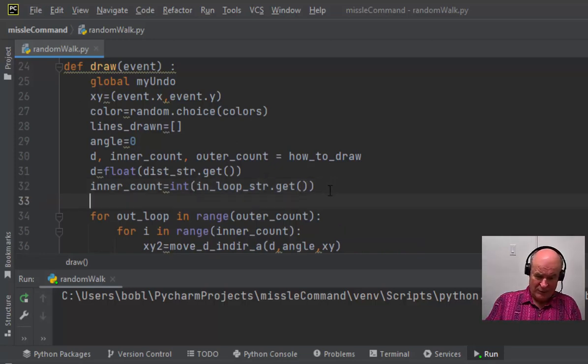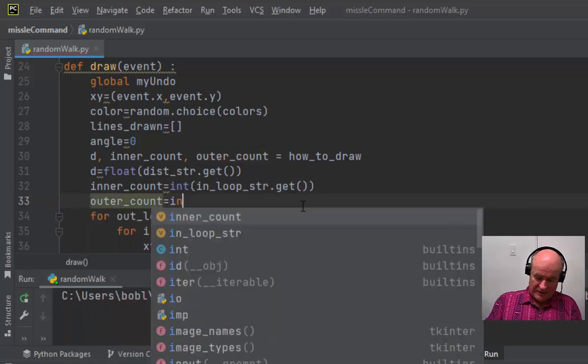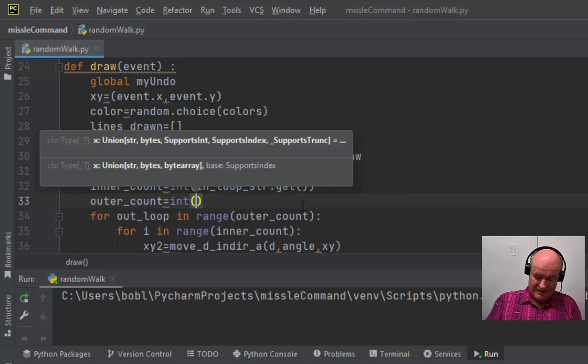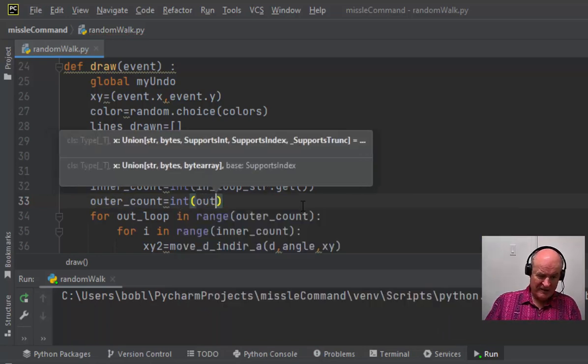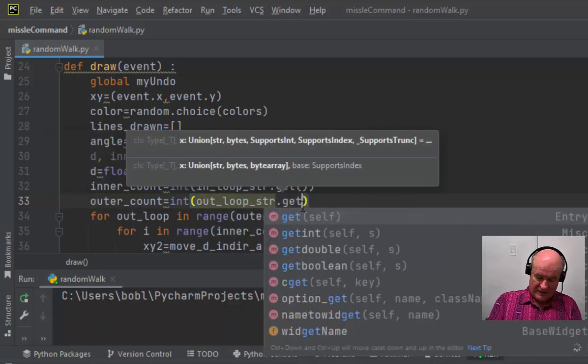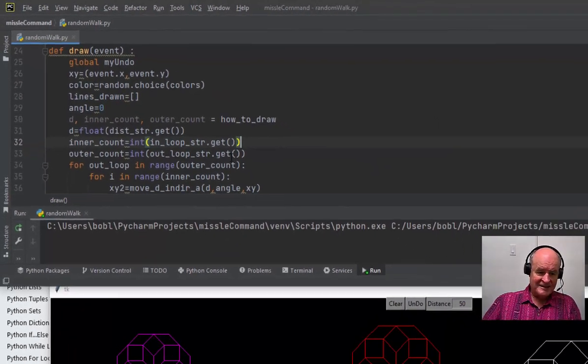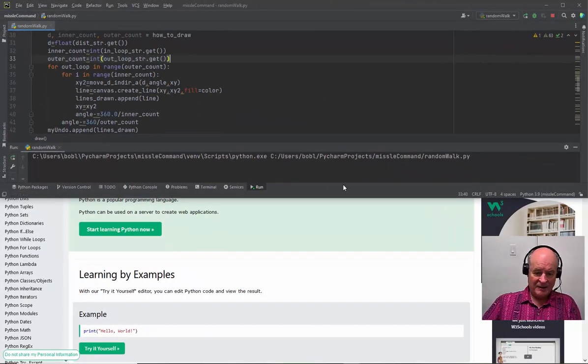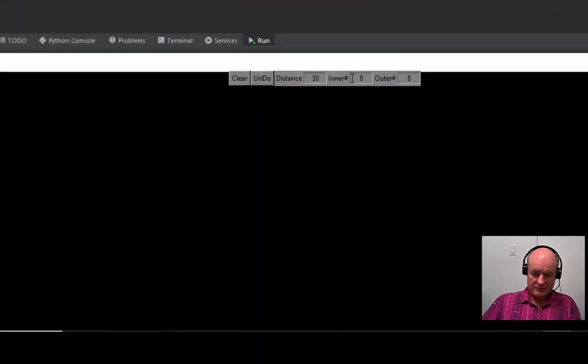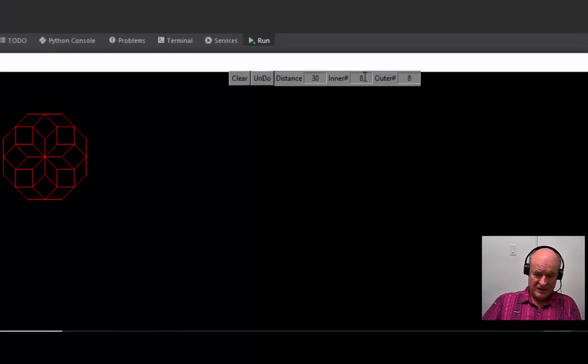And then the next loop down is outer count. Outer count wants to equal the integer, and in this case, it's out loop string. And I also have to get its value. So let's see if I've just added the ability for my program to change what I'm drawing. So this says 38 and 8. Look at that. Now if I change it to 4,